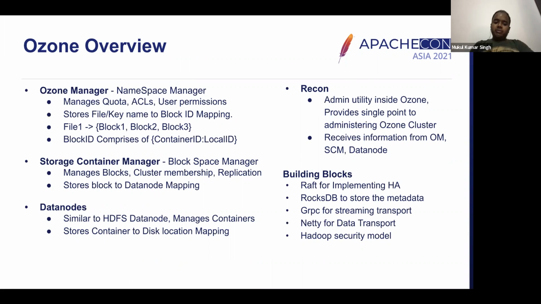Now, the data node, as I said, is similar to the HDFS data node. The biggest difference is that in the Ozone data nodes, we make use of something called storage containers, and a storage container is actually a group of blocks. Rather than just writing one block directly to the data node, we write the data to a container, which can be imagined as a group of blocks. This really helps us solve the small file problem, because rather than reporting each and every individual block to the name node individually, we report them as a combined entity. Recon, we have already covered enough details.